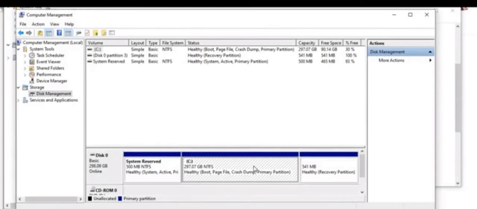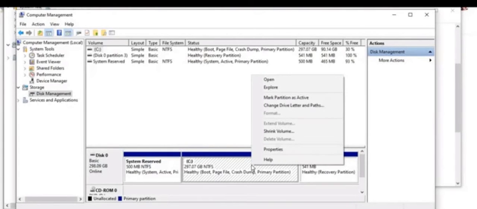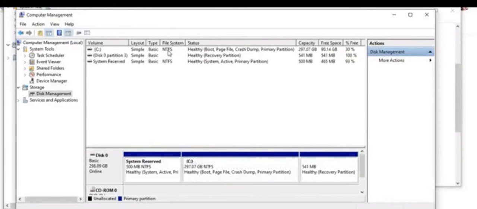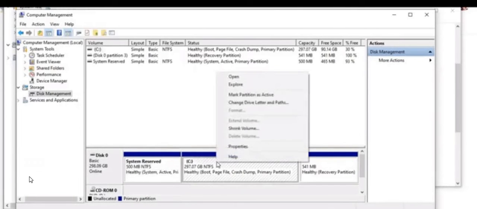If you usually install Windows on your computer, it will be automatically installed on the C drive. If you only have that drive, then what you need to do is right click. First of all, just click on that C. When it is selected, it will be shown with some arrows. Then right click on it, and you will find the Shrink Volume option in the middle. You need to click on that.